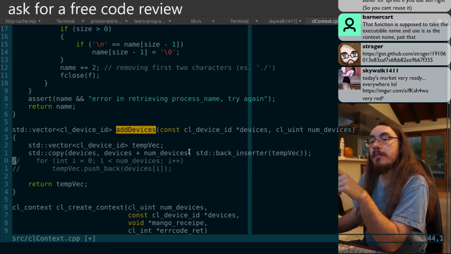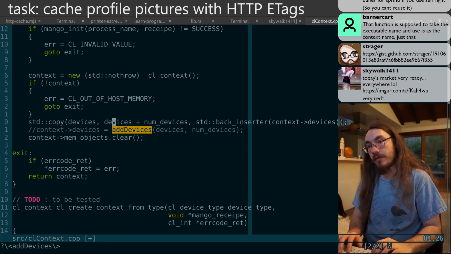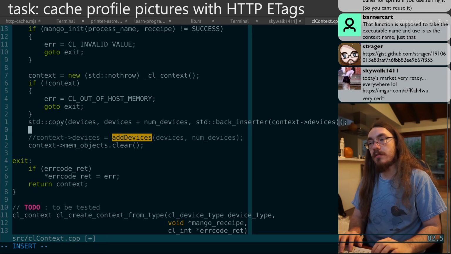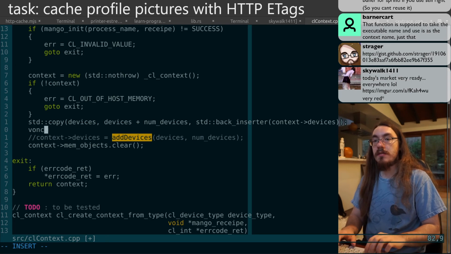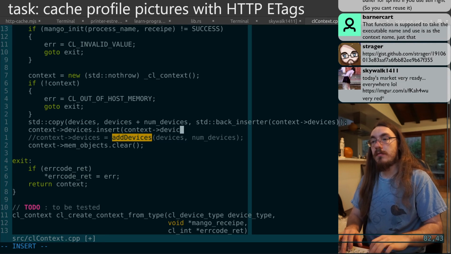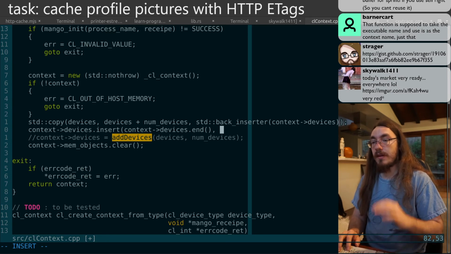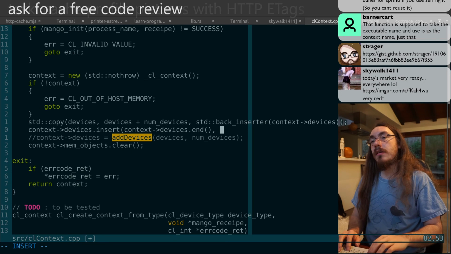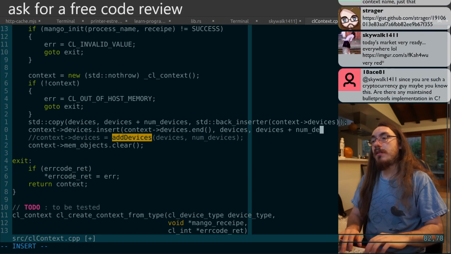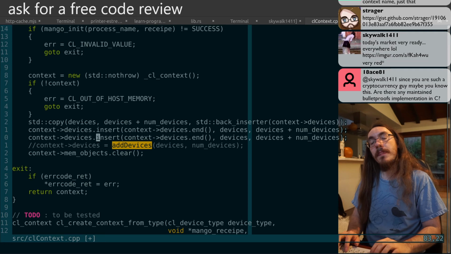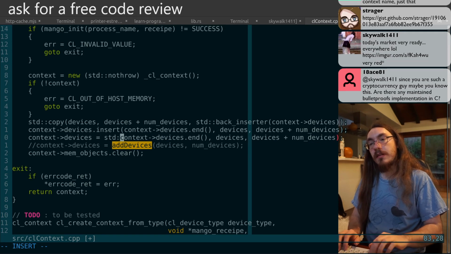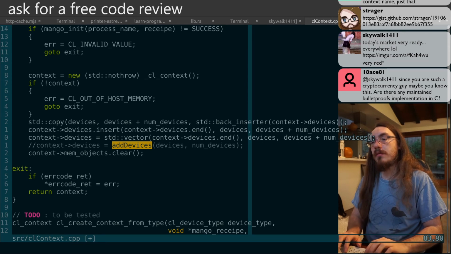Actually, there's a better way, because vector has an insert function that takes a range. So you can do context devices insert. We're going to add it at the end of it, because we have to add it somewhere, because the vector doesn't know that it's empty. Devices plus num devices. And actually, we can construct the vector like so. I think,